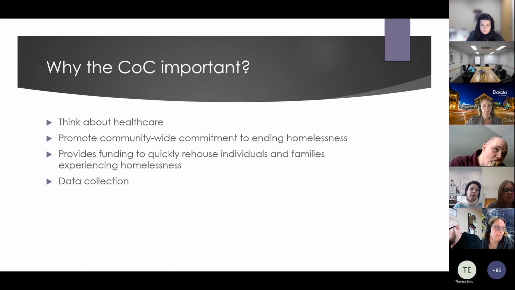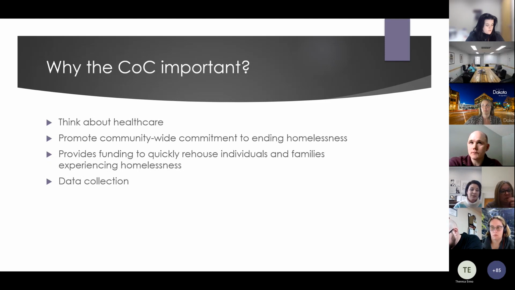So for example, the point in time count happens every year in January. It's the last Wednesday of January. Don't ask me why we have to do it that way, other than HUD tells us that's when we have to do it. We would prefer to not do winter because we would find more unsheltered individuals outside during the summer months, but HUD tells us we have to do it at that time of year, so that's when we do it. So that the housing inventory count and system performance measures are all submitted to HUD on an annual